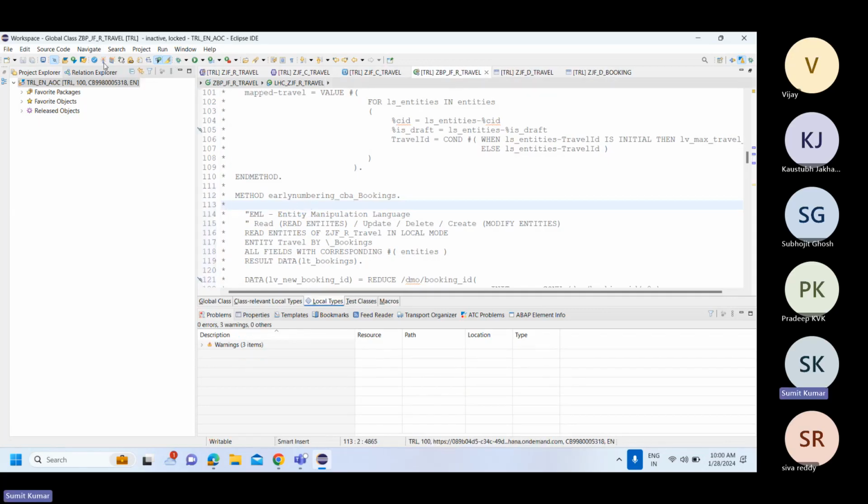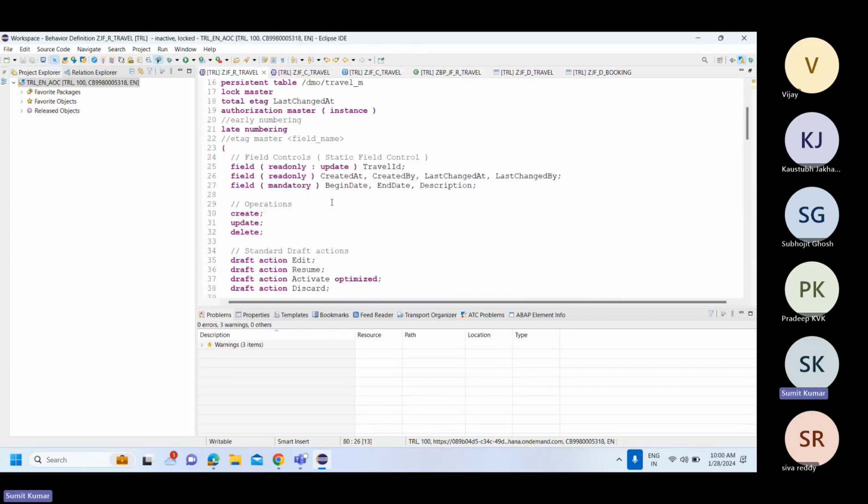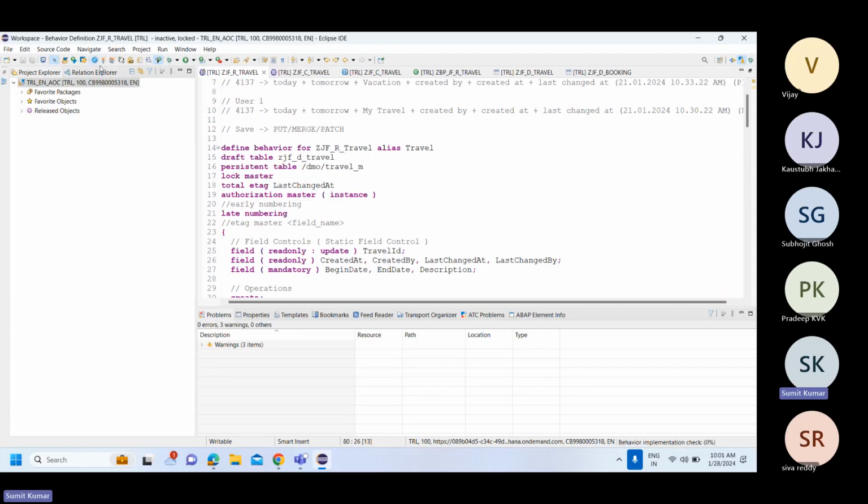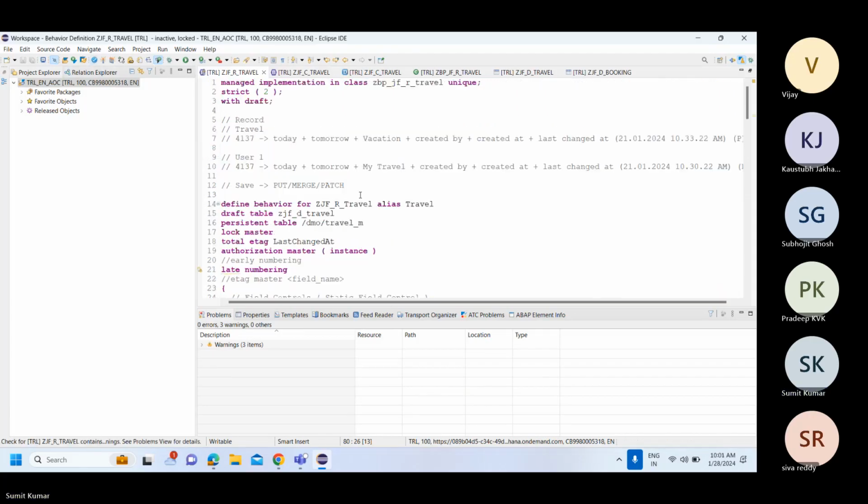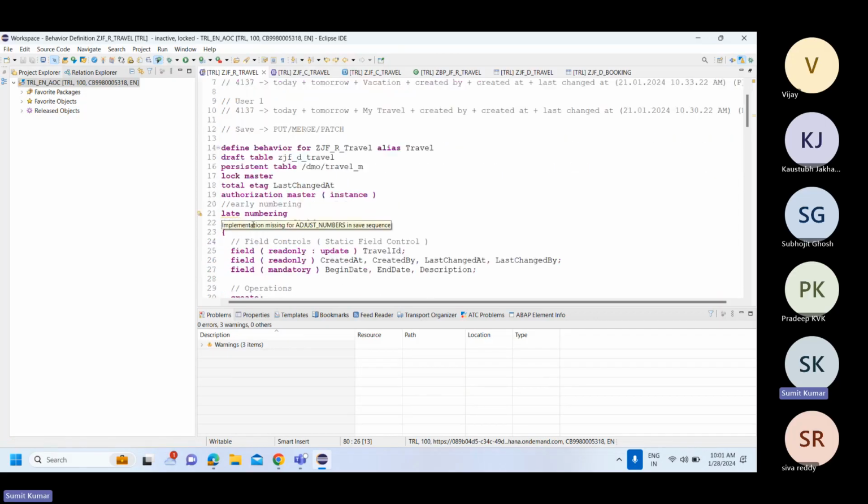Okay, so I'll activate this, go over here, and let's just do a syntax check again here. I don't have an error, but rather I have a warning. It says that whenever you are having a late numbering, a method adjust number should be implemented in your save sequence. It means during your record is being saved, there should be a method called adjust number, which may be